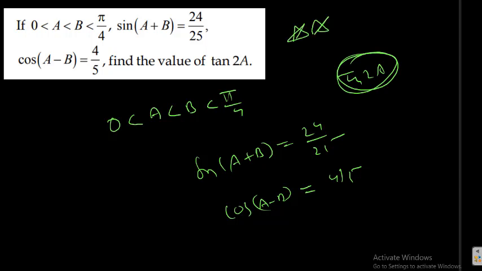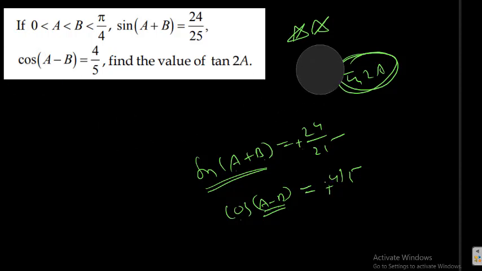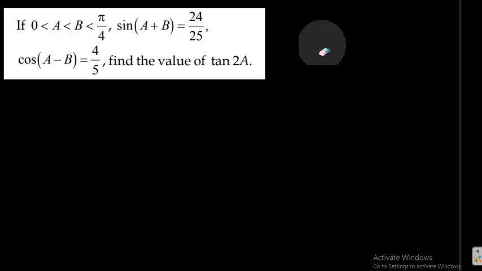First of all, you want to find A plus B lies in which quadrant? Students, here sin of A plus B positive means what? The meaning of that is A plus B in either Q1 or Q2. That is one thing. Here cos of A minus B positive means A minus B either lies in Q1 or Q4. Okay, that is the first thing that I will write. Important model, very important question.